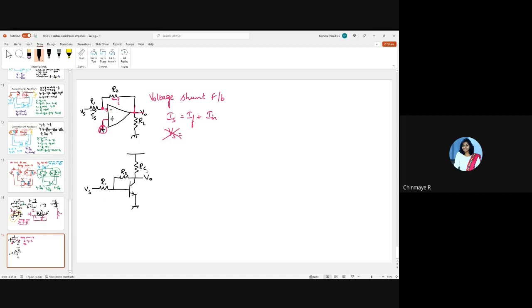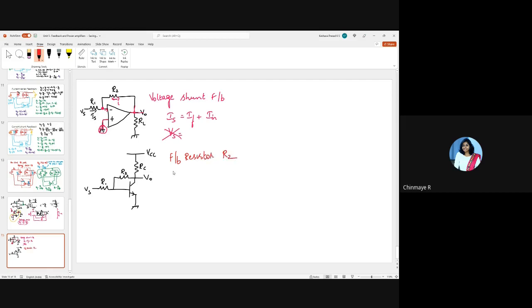Okay, so this is an amplifier circuit using BJT. So now the first word is voltage because you're taking... which is the feedback resistor here. The feedback resistor is R2 because that is what is connecting the output to the input, right? So in this case, the feedback resistor here is R2.